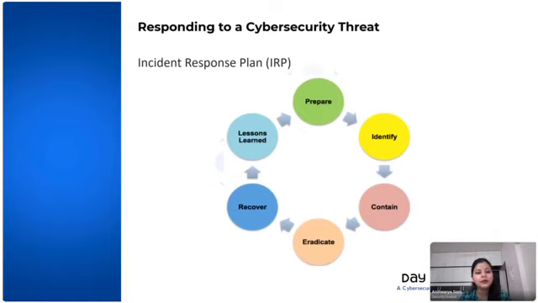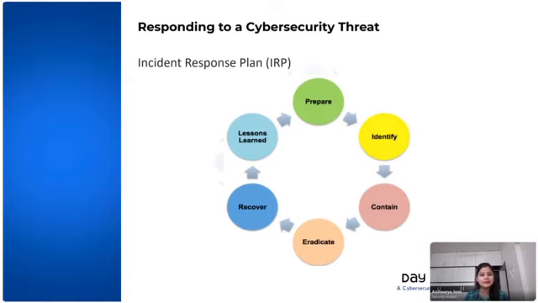Now, moving on, we have the incident response plan. Now that we have been monitoring the organization network and have detected a cyber security threat in the organization, we want to respond to that particular threat, and for that we need to have a proper response plan. An incident is nothing but a kind of alert or threat that we see in the organization. So the first thing we have is the incident response plan that we need to create to work towards any cybersecurity threat.